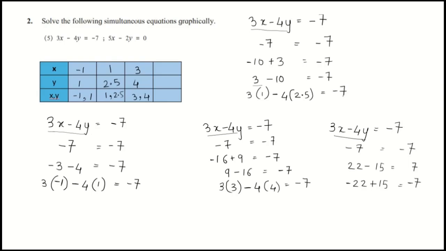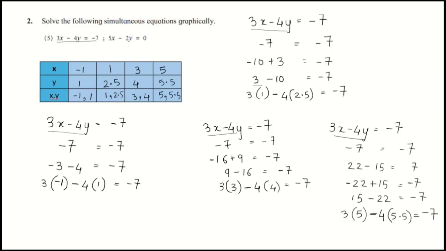So this can also be written as 15 minus 22 is equal to minus 7. Why? Because 15 comes in table of 3. That is the reason I have taken 15 first. 3 into 5 is 15. This minus 4 will come here. And how much will give us 22? 22 doesn't come in table of 4, but if we multiply 4 into 5.5, we will get 22. And on solving this, we will get total as minus 7. So x is 5 and y is 5.5. So the point is 5 comma 5.5.